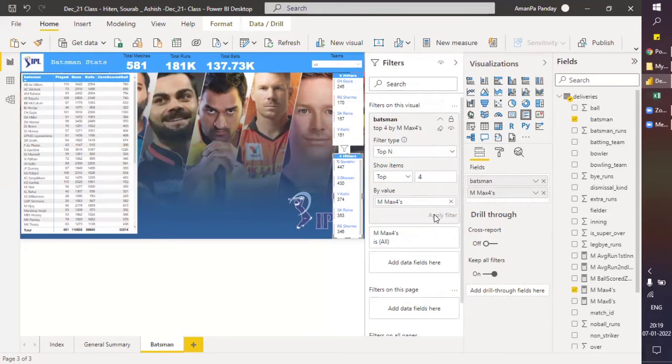So let's make it 4 so that we have some space, and it looks better. Let's drag it down a bit.